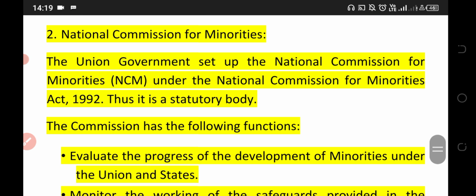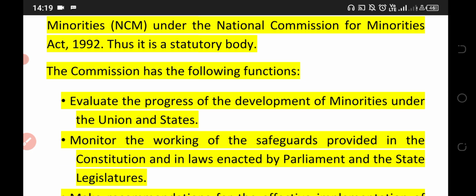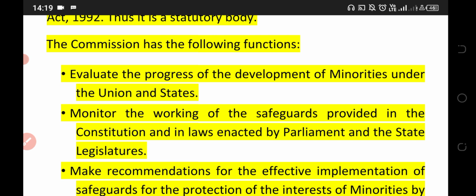National Commission for Minorities. The Union government set up the National Commission for Minorities under the National Commission for Minorities Act 1992. Thus, it is a statutory body. The Commission has the following functions: